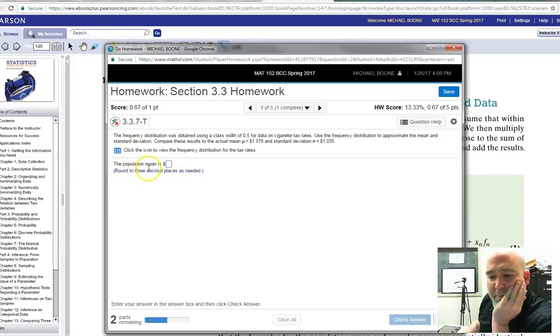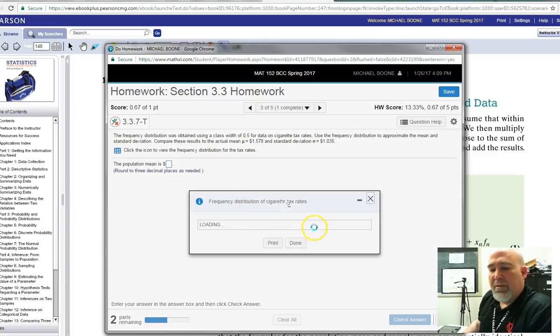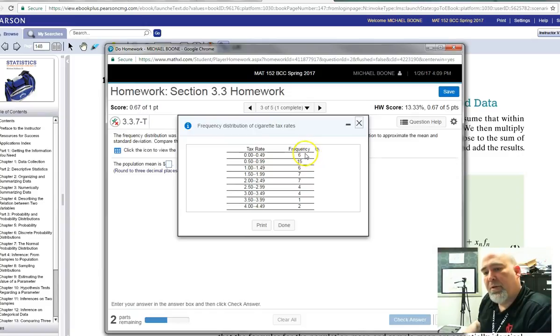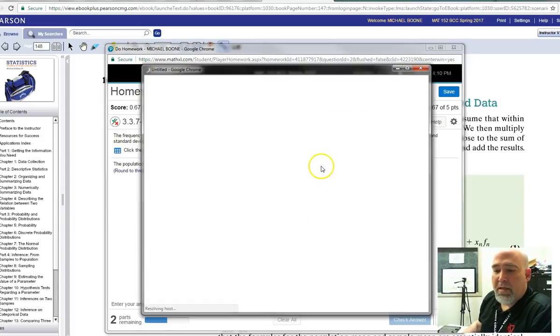this one is finding the population mean and the population standard deviation where you have some cigarette tax rates. So we're given some data in these bins, and these are the frequencies. Again, what's halfway between 0 and 50 cents is 25 cents. So I would say 25 cents times 6, 75 cents times 15, $1.25 times 6. I would find all those products, then add them up, and then divide by the sum of all of these frequencies. If I want to do this in StatCrunch,